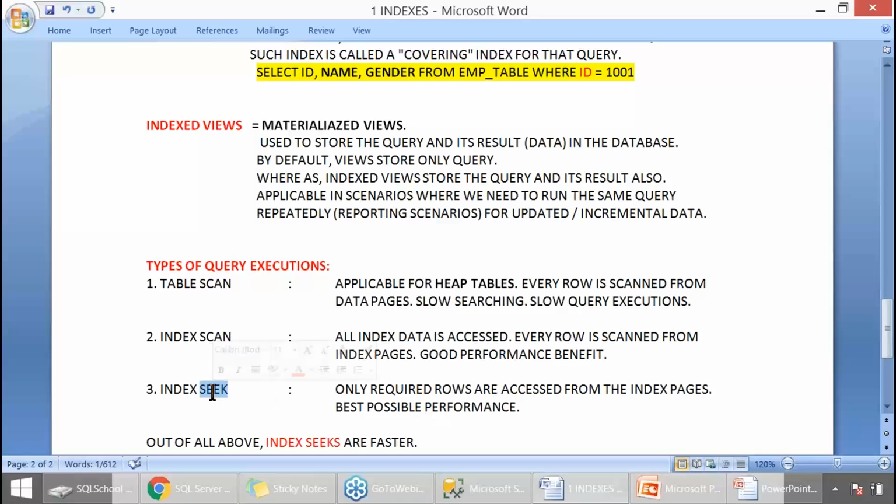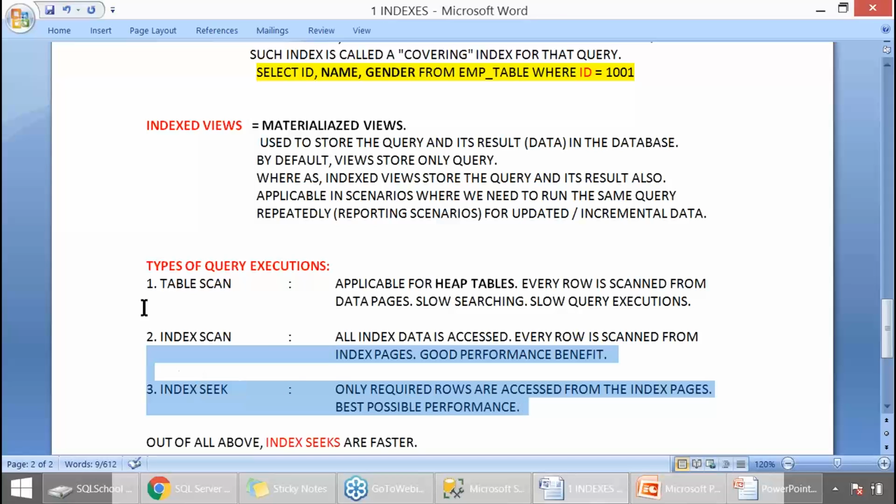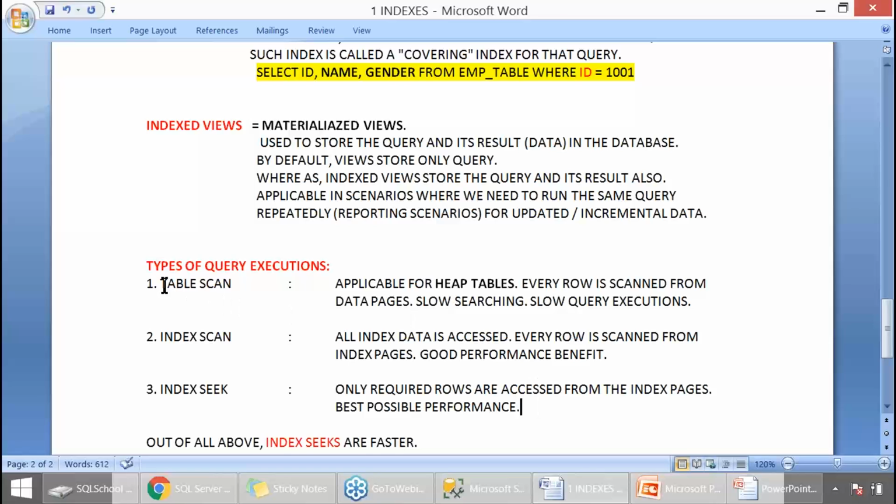Index seek. Seek means to search. Only required rows are accessed from index pages. Best possible performance. So table scan, applicable for heap tables. Every row is scanned from data page.